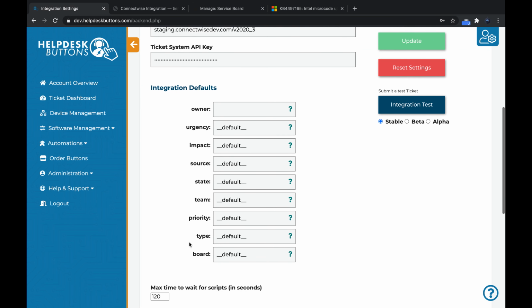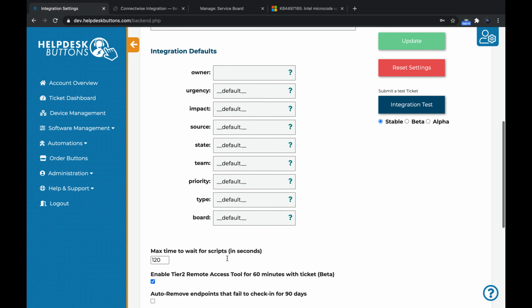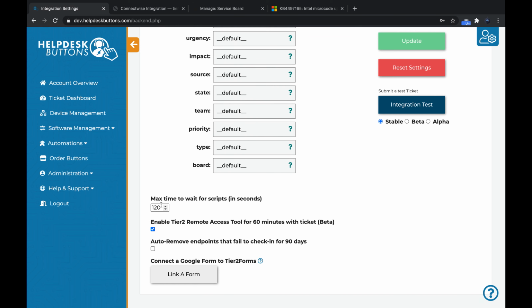And then you can set your integration defaults. So what a normal ticket, as it comes in, needs to look like coming from help desk buttons. So you can set all of those accordingly. The max time to wait for scripts is based on the fact that maybe you have other scripts that are going to be running a long time. We're not exactly sure how long that's going to run before we want to submit the ticket information to the